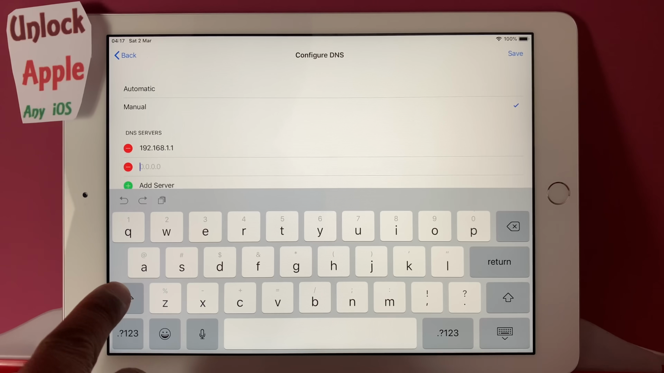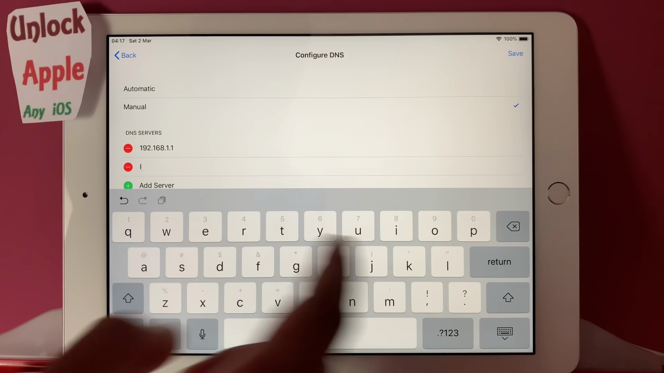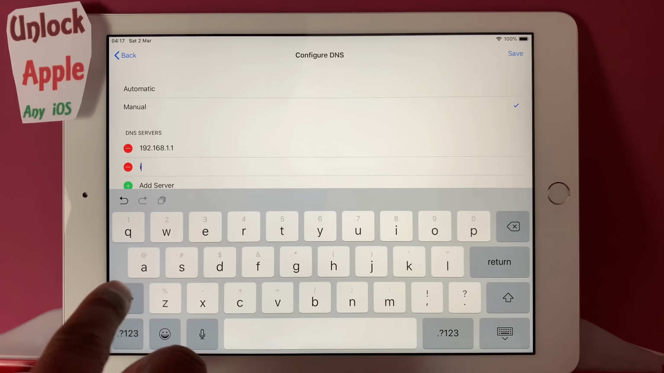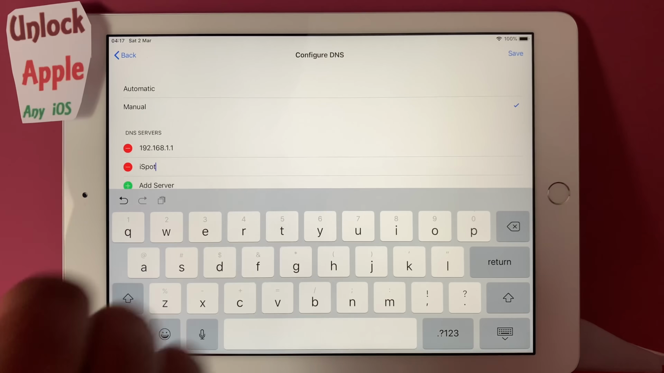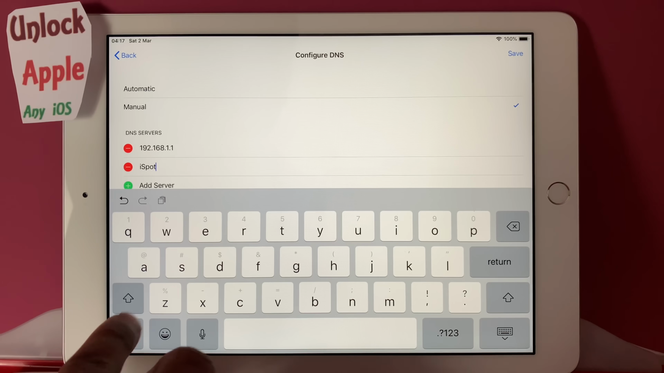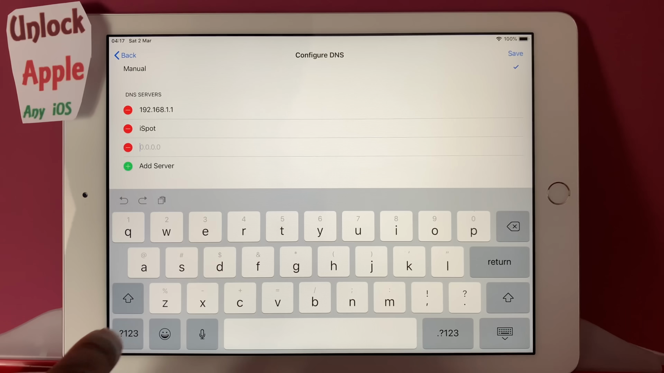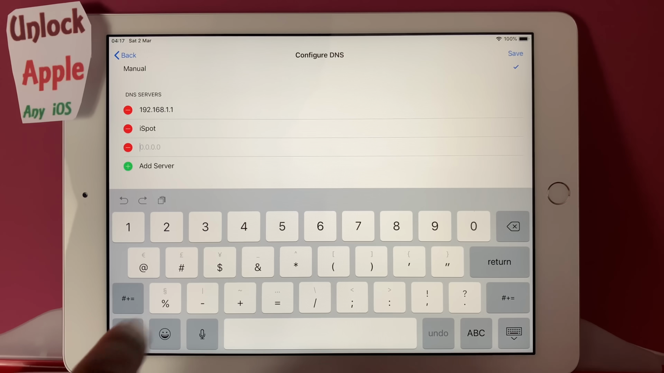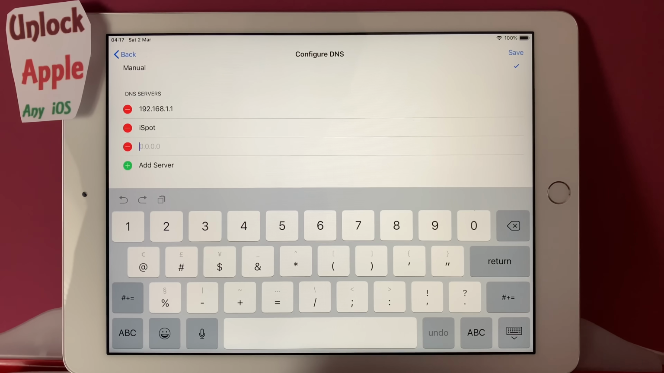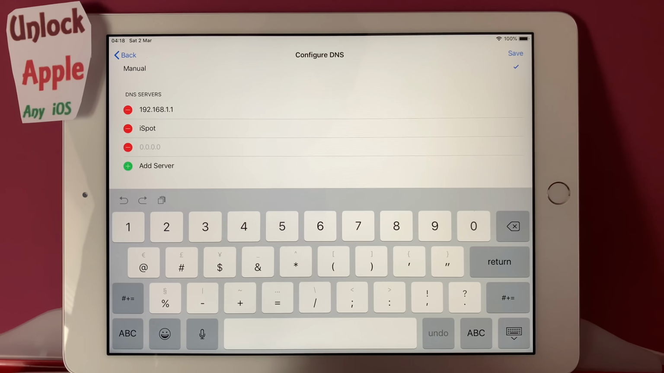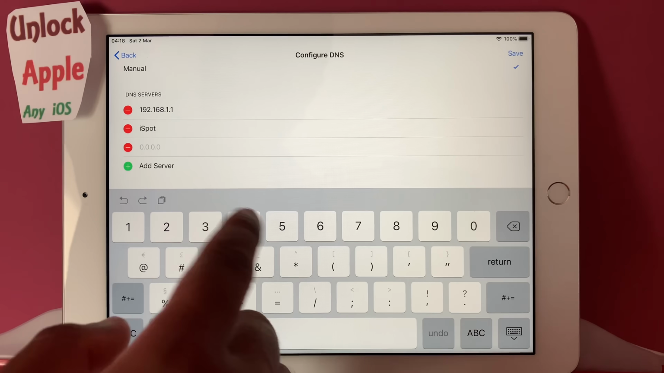In add server you have to write down here I, that is going to be your small I, capital SPOT, I spot, and you have to write down next in add server the last 4 digits of your IMEI of your iPad or your iPhone, iPod or Apple Watch. So for this 4 numbers what we have, and the way we have to write down is totally different. So the last 4 numbers I have is 5169, so I will write down